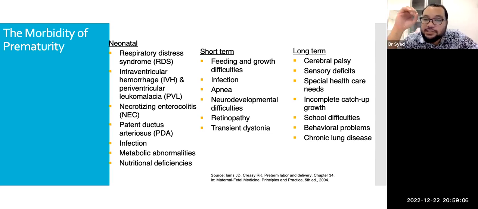The muscles, if you remember sebelum ni kan, bila baby deliver, baby starts to cry, increase in FiO2, oxygen level, so dia akan causes contraction of the smooth muscle dekat ductus arteriosus. The problem is in premature babies, the smooth muscles lining the ductus arteriosus are immature. Bila the lining the immature, dia tak boleh nak close properly.